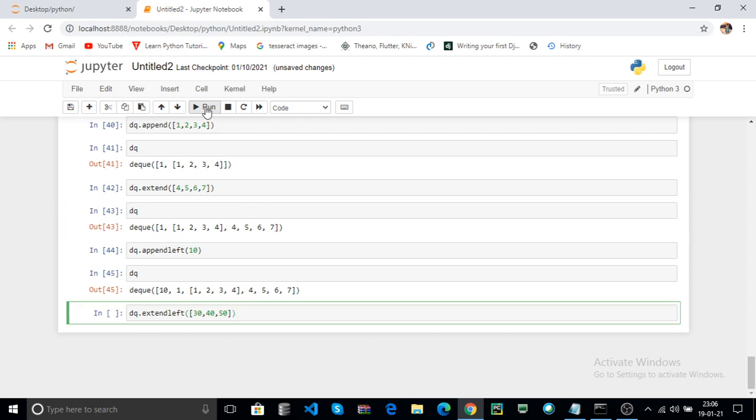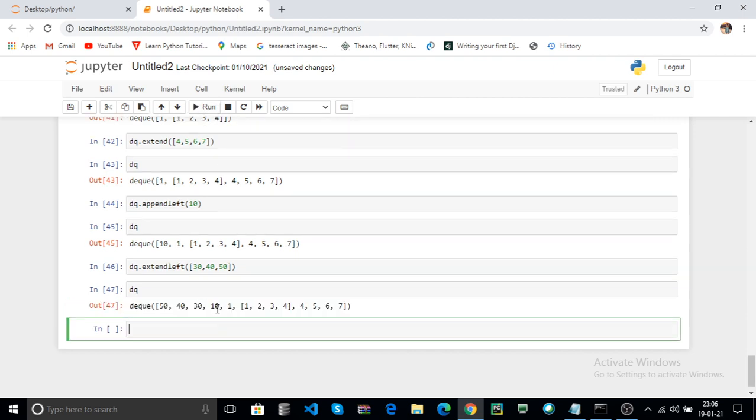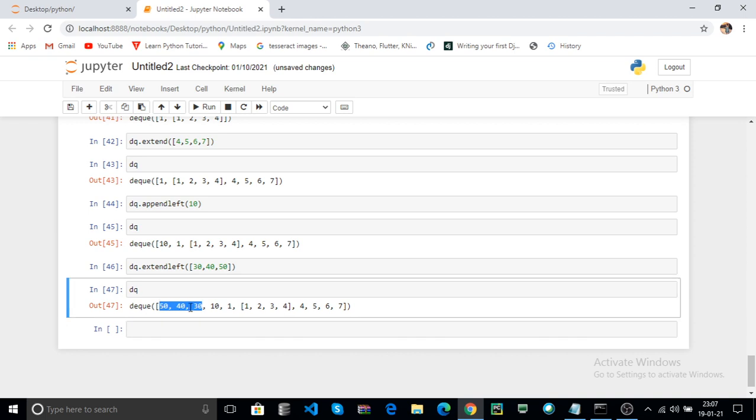Here click on run. Your dq appends the data on the left side. First 30 will be appended on the left side. In the next iteration the 40 will be appended on the left, and in the next iteration the 50 will be appended on the left.